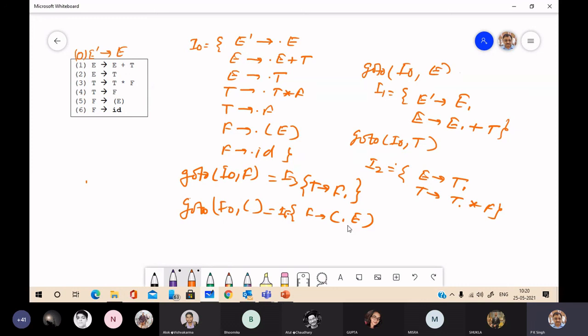So you can apply the closure operation to compute the closure, and that we will discuss in the next one. Now compute the closure to construct the table.